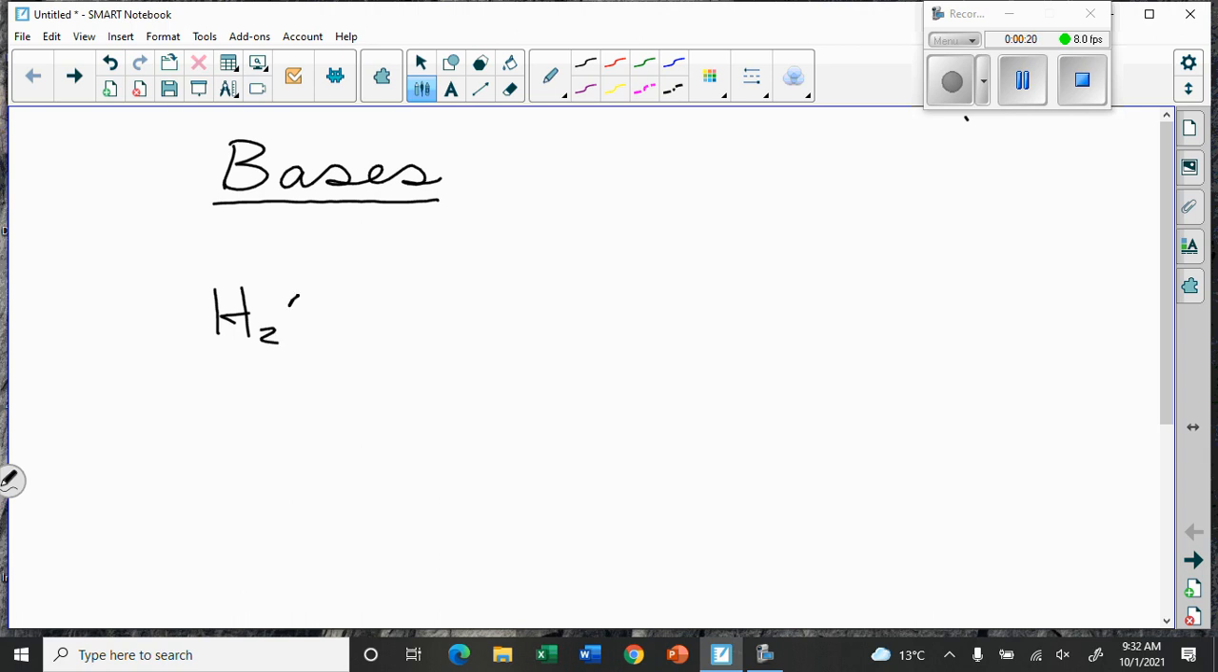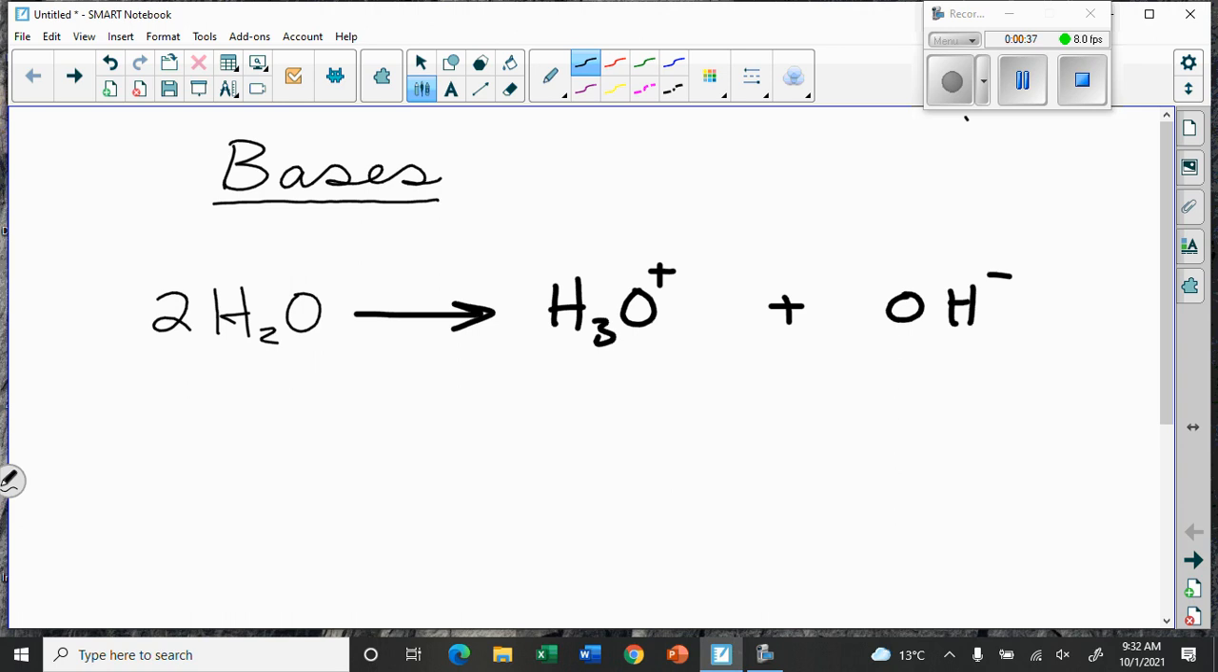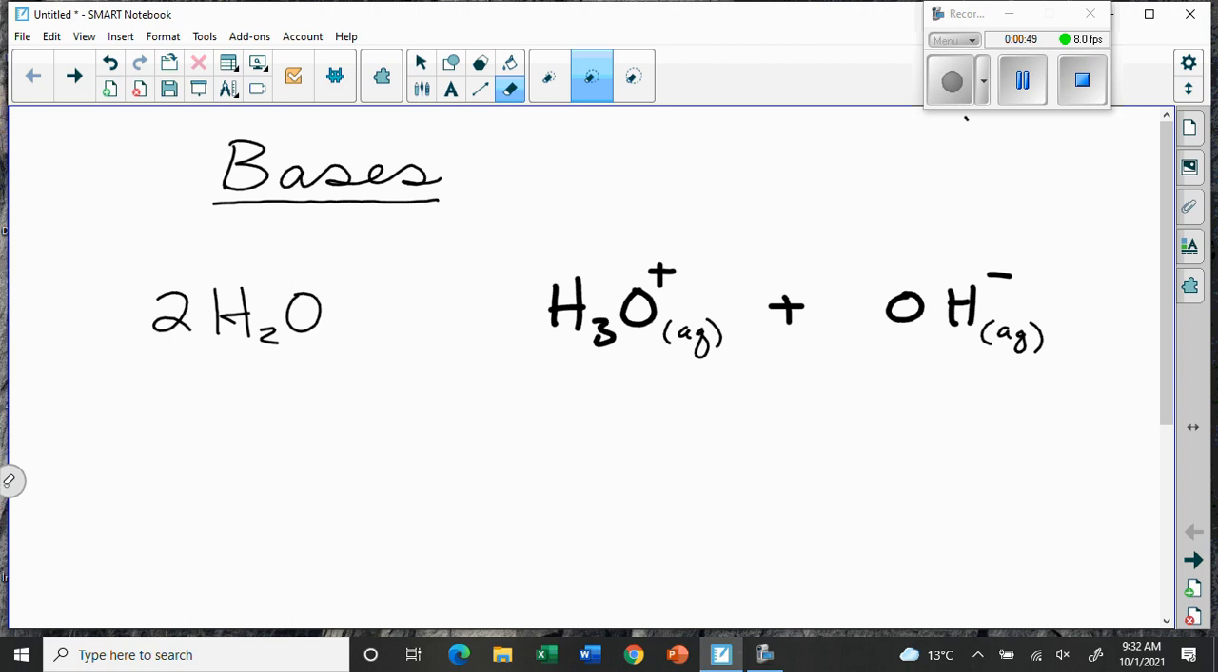So water molecules, and we have put a 2 here for the balancing. When they bump into each other, they make H3O plus and OH minus. And they do this little dance in what's called a dynamic equilibrium. So actually the arrow, I better fix that arrow. It's a dynamic equilibrium. And so what we do is we draw an arrow that sort of goes both ways